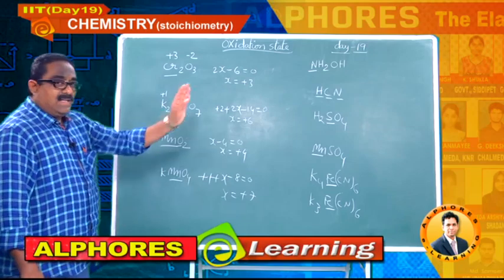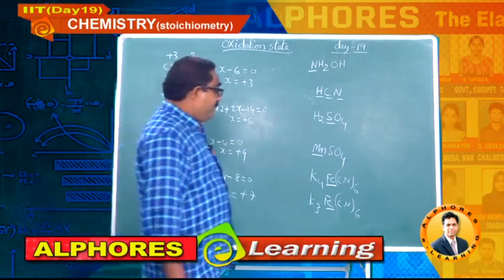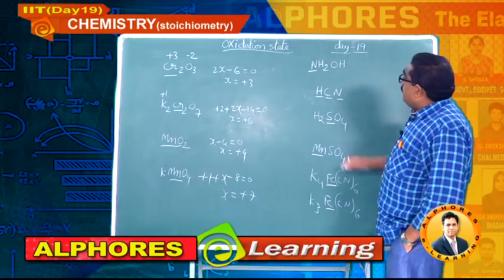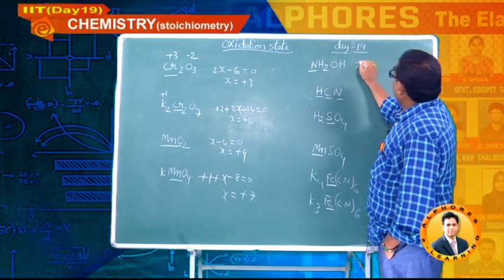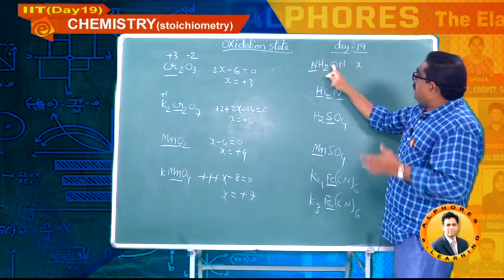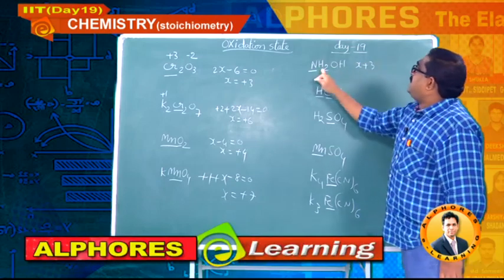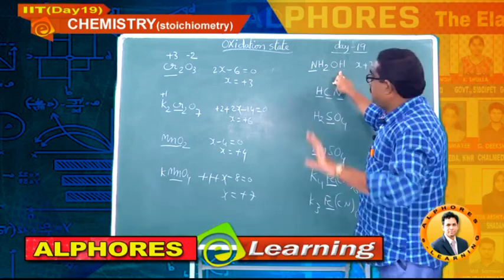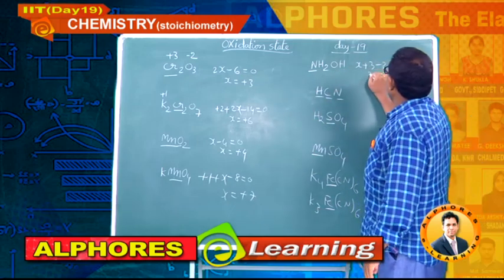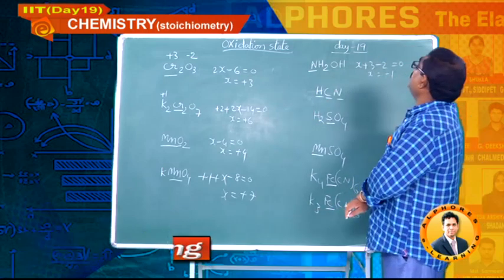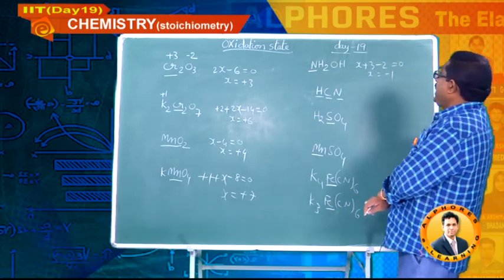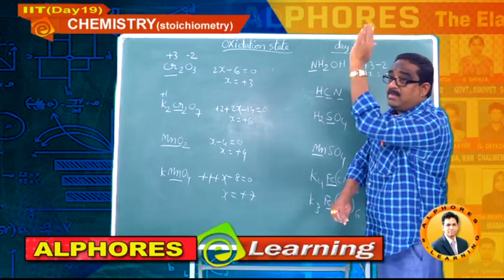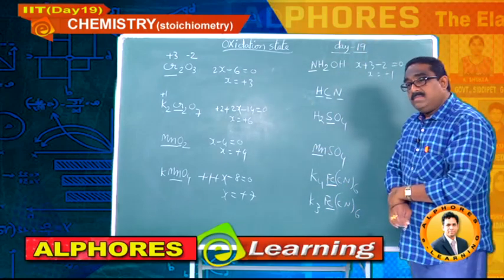Then now I will go for that set. Please note it down, students, don't waste time. Here if you calculate for nitrogen, x, 3 hydrogens plus 3, because no metal is there, for hydrogen you can take plus 1 blindly. Oxygen minus 2 equals 0, x equal to minus 1. Yes, possible. Nitrogen belongs to 5th A group, maximum plus 5. So no problem, it is below it only.